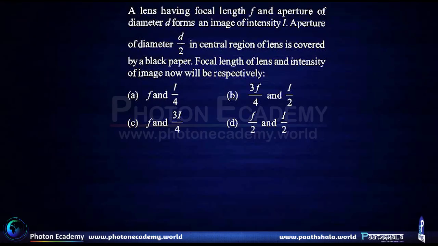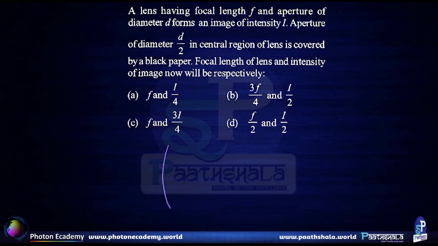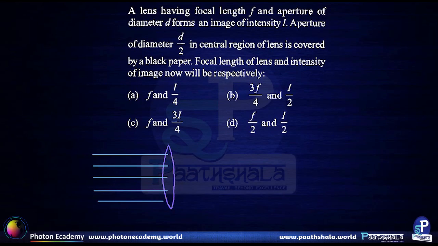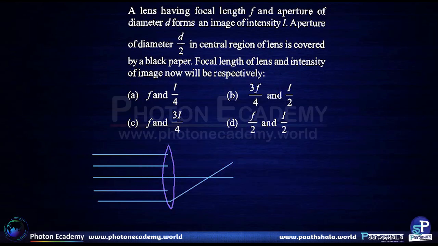This is a relatively simple problem where we are basically told that the focal length of the lens is f. So if we have this lens and parallel light rays are approaching it, then they would all merge at this common point, which is at a distance f